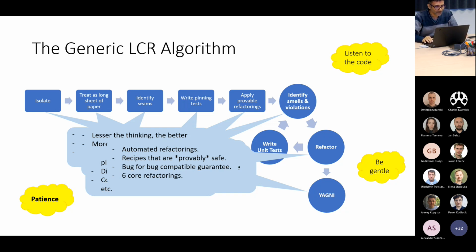Then this is important. You treat this entire code as a long sheet of paper. Technically, it's still a long sheet of paper because at the end of the day, that's what the processor sees. It's a long set of instructions. If you decompile the instructions, it stands to reason that this entire thing is one long sheet of paper. So you isolate, treat this as a long sheet of paper, which means just mentally think of inlining all the methods, so you just get a long set of lines of code.